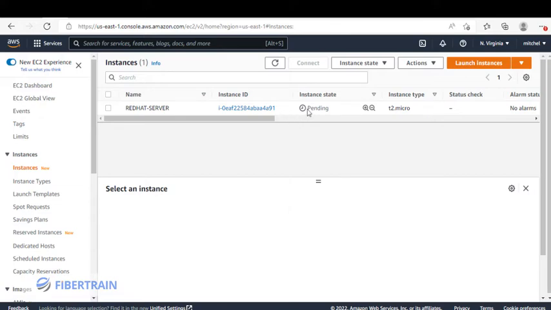All right. So once the creation of this instance finishes, you can see the instance state is now running. All right. So that is quite fast, and status is still initializing. And so once it finishes initializing, we can now make a connection to this instance using SSH connection. Either we use Putty or we use Windows command prompt. And at the end of this connection, we've been able to successfully connect to the EC2 instance running Red Hat